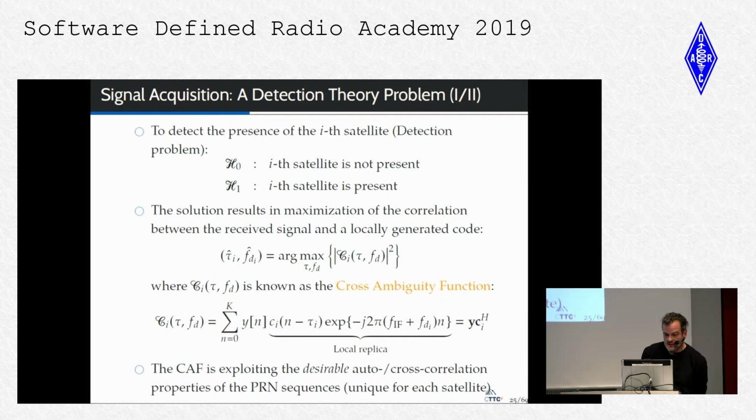So talking about signal acquisition, again, just a little bit of theory. Signal acquisition is something that can be posed as a detection theory problem, in which you have two hypotheses. The null hypothesis is that the satellite is not there, and the positive hypothesis says that the satellite actually is there. So the solution to that statistical problem says that you need to maximize something called the cross-ambiguity function, which is nothing more than your input,